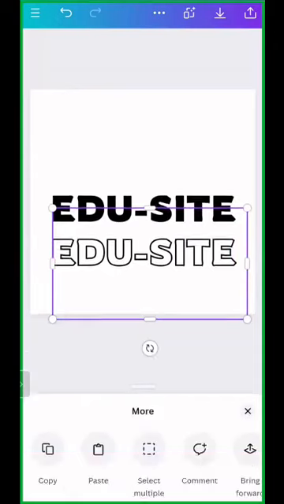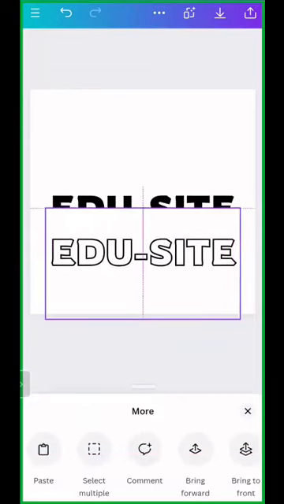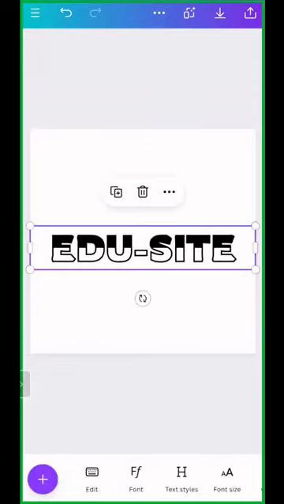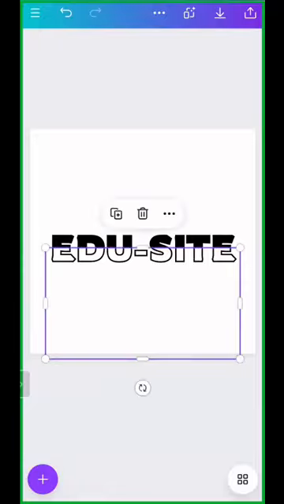And I'll bring it a bit forward. Bring forward. Done. I'll place it here. Done. Now I'll just make it go and place it here. Dear sisters and brothers, this is the way you can create beautiful, beautiful logos out of it. Have you all just seen what I just did? Are you all following it along?